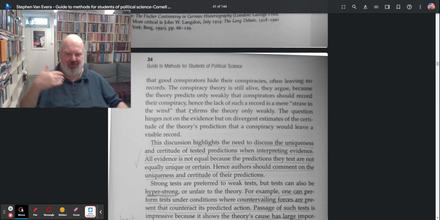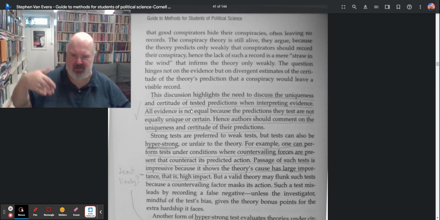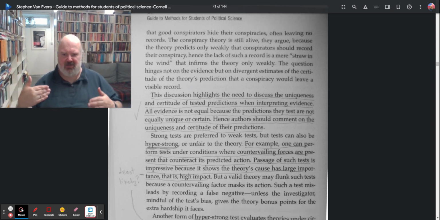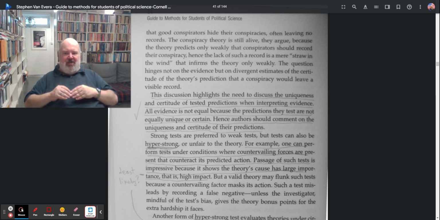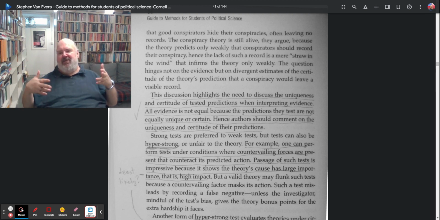So therefore, the question becomes not about the theory, but about the evidence. The question hinges on the divergence estimates of whether there would be a record. In other words, this is the famous thing. My argument is that conspiracies never really happen. Why? Because successful conspiracies require too few people, and big events require many people. This is why no one seriously believes the moon landing is fake,